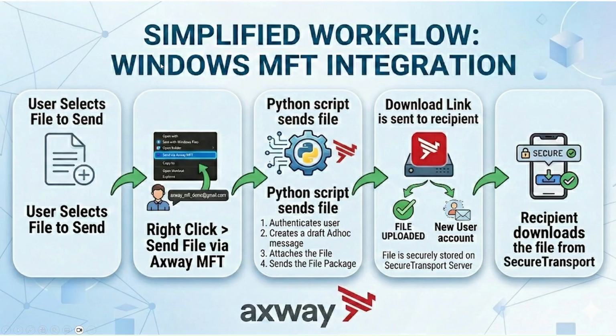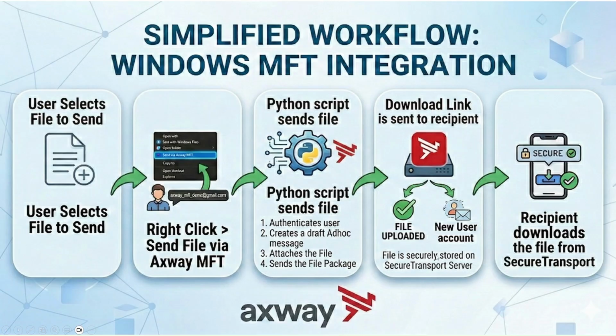So what I've set up here is a context menu item from Windows Explorer where a user can select a file, right click it, choose an email recipient address and click send. What happens then is a Python script is initiated which will run a series of RESTful API commands using the SecureTransport client API. We're going to authenticate the user, create a draft ad hoc message, attach the file and finally